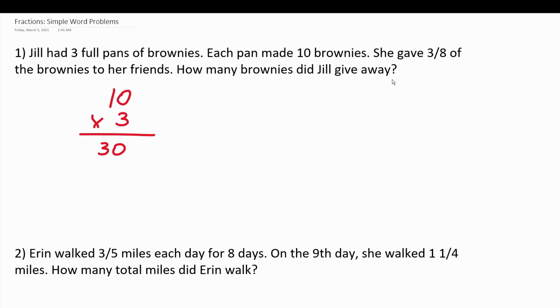Okay. What's more, according to the problem, we know she gave 3/8 of all of her brownies away. So that's going to be 30 times 3/8. That is to say, we're going to have to figure out how to multiply a whole number by a fraction. In case you haven't seen how this is done in a while, there's a trick to it. You simply rewrite 30 as a fraction by placing it over 1. Any whole number can be rewritten as a fraction by placing it over 1. If I asked you to write 5 as a fraction, for example, you would just say that's 5 over 1. And again, 5 divided by 1 is 5.